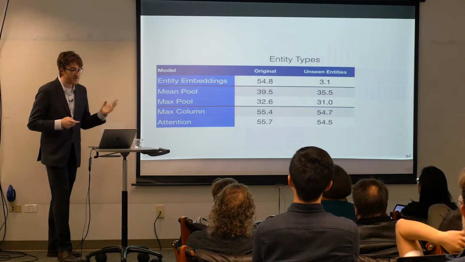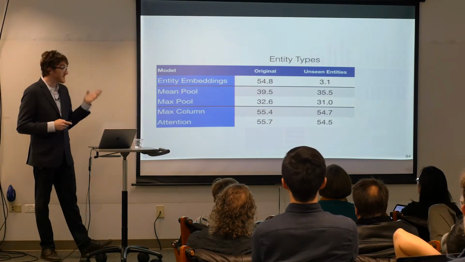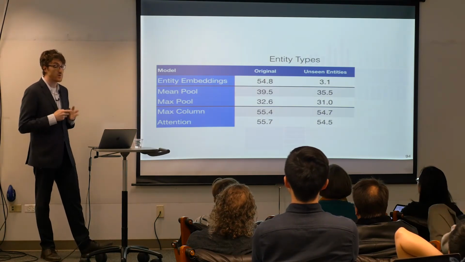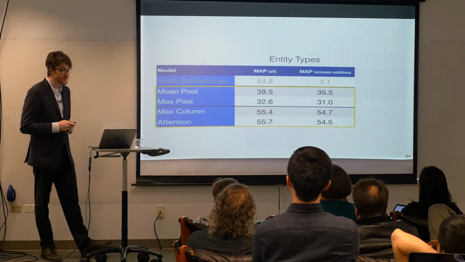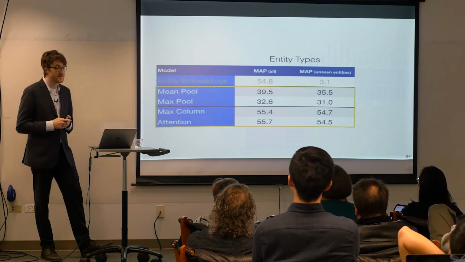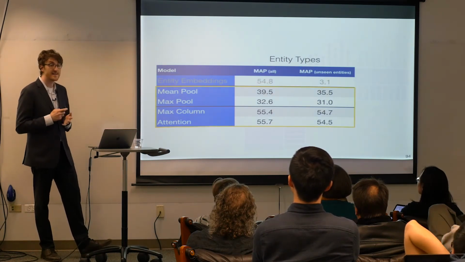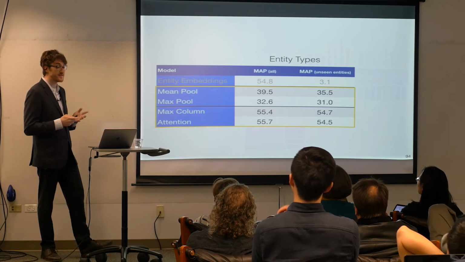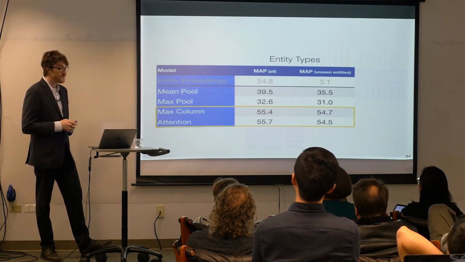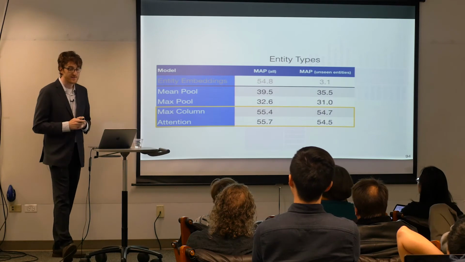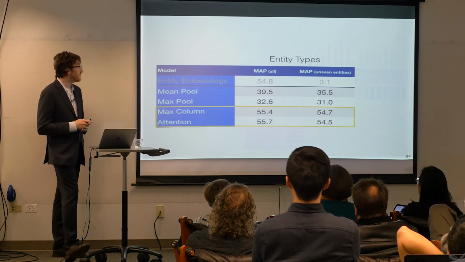All right, so we also evaluate our model's ability to actually predict the appropriate types for entities that weren't seen during training time. And we see that all of our type-based methods are able to perform similarly to how they perform with entities they did see at training time. And in particular, the query-dependent methods are losing very little accuracy overall.